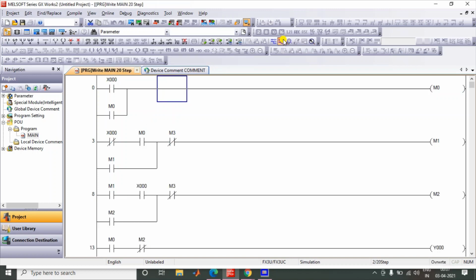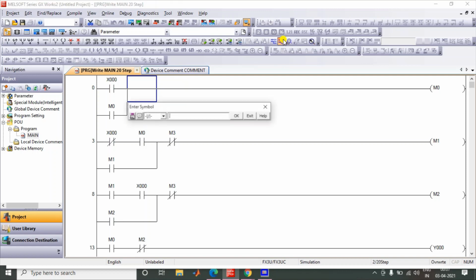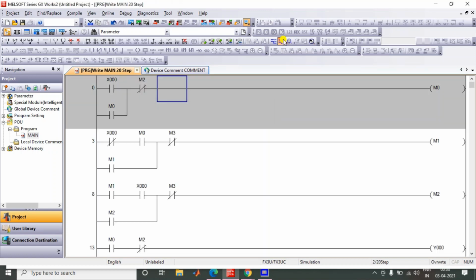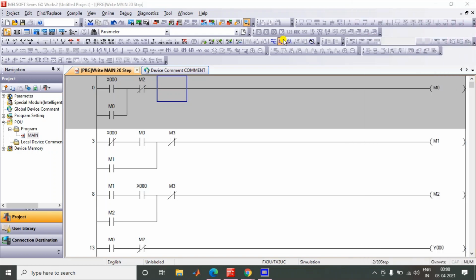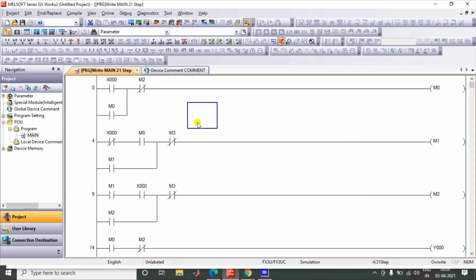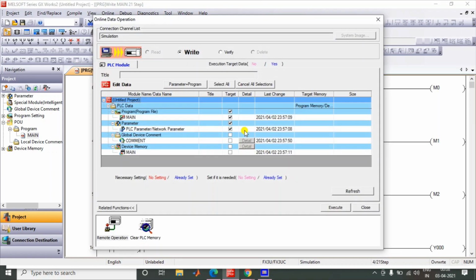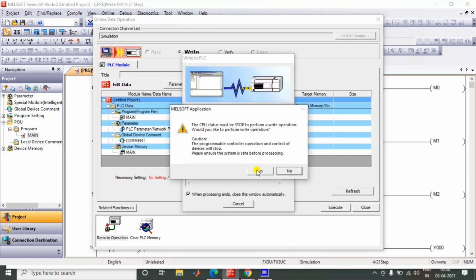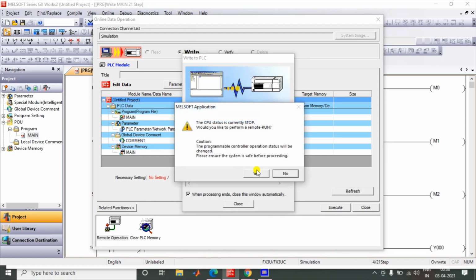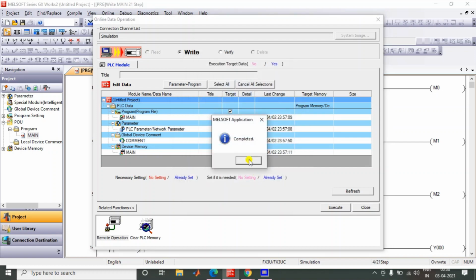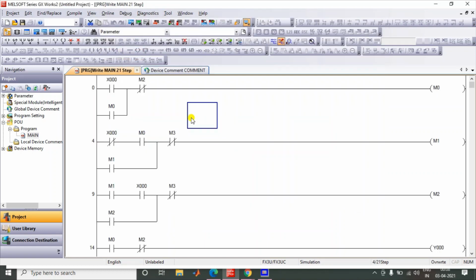That you can do. So just download again. Now I'll check again.